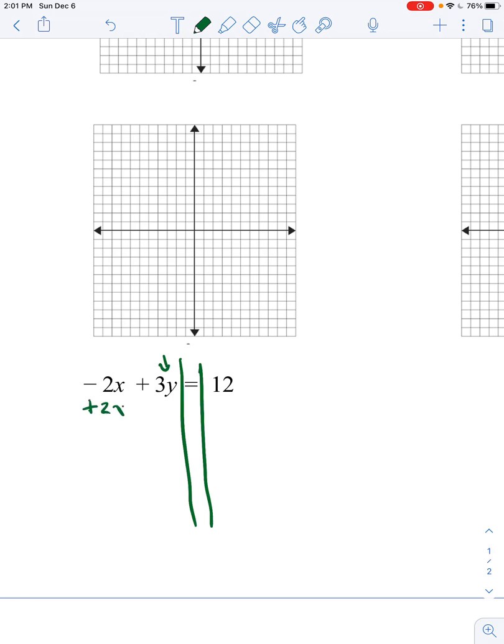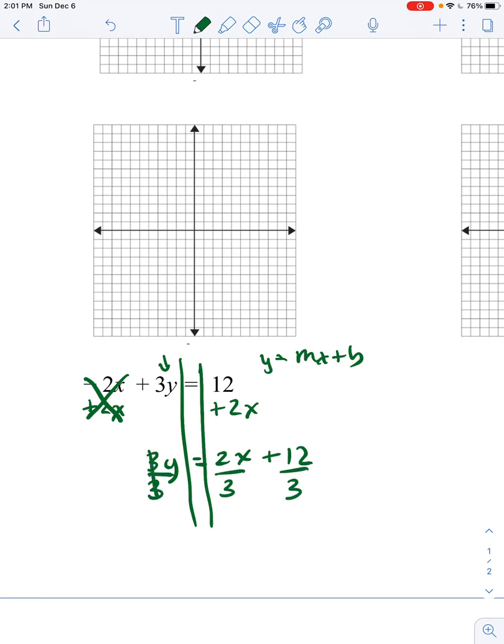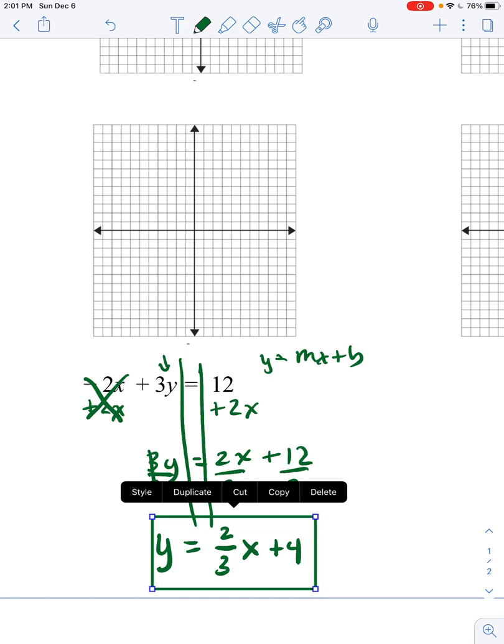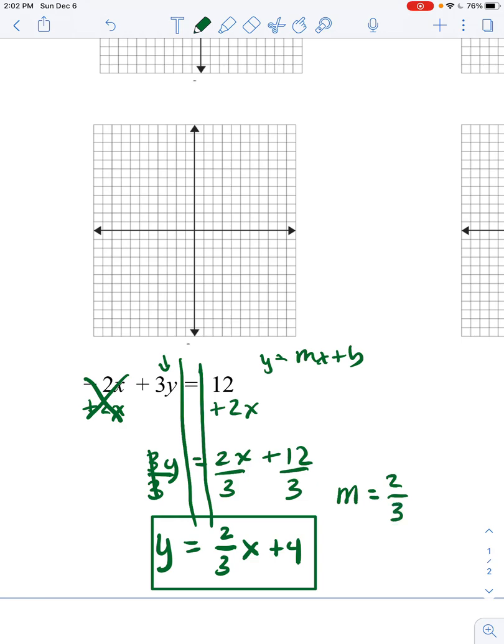Trying to get this part alone, I need to add 2x to both sides so that this is gone. And then here, keep in mind that I'm trying to get mx plus b, I want the x part first and then the number. I got to get rid of that 3, so I'm going to divide through, and I'm going to get my slope-intercept form as y equals 2/3 x plus 4. So that is going to be my slope-intercept equation, and now my slope is the 2/3 because it's in front